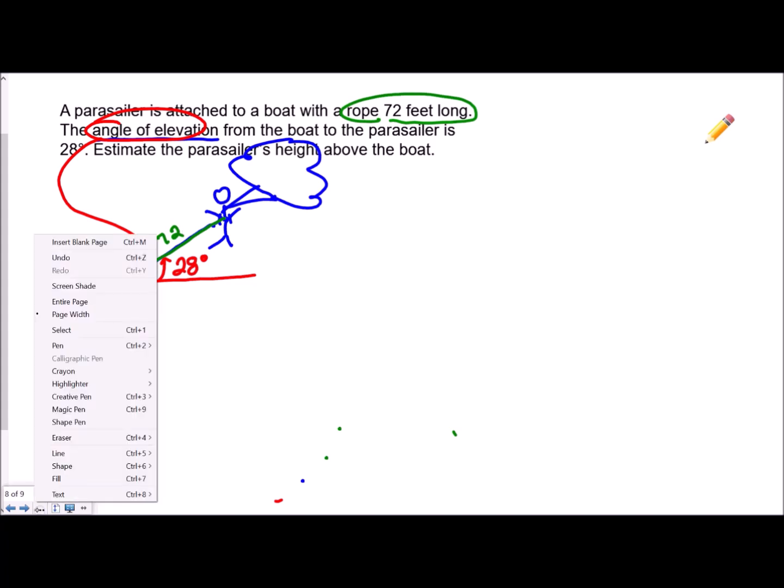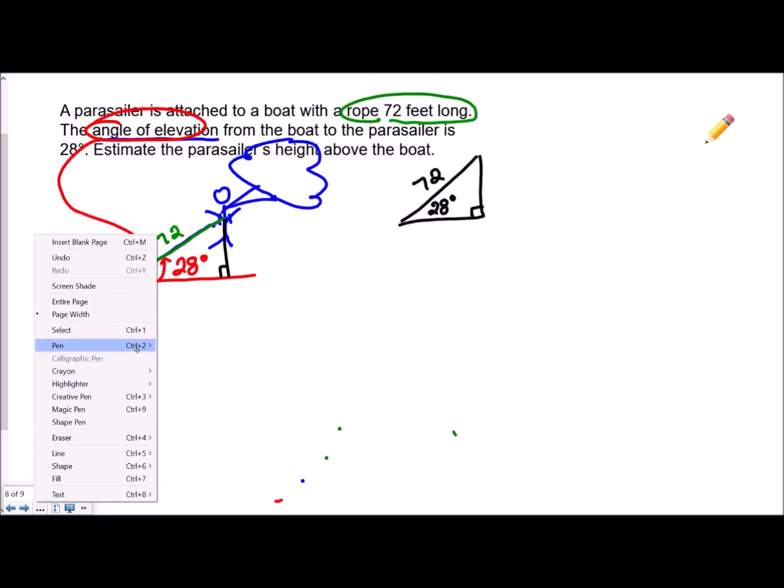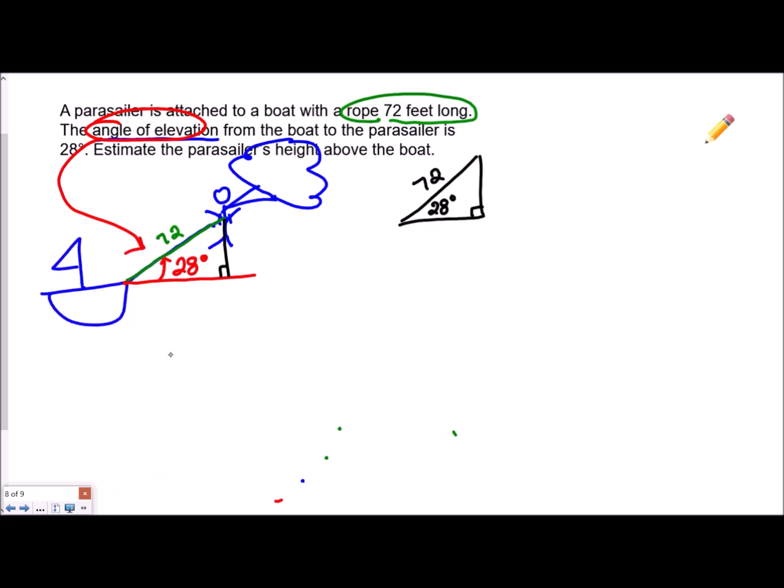Now, how is that useful given what we were just talking about? Well, if you draw a perpendicular line down from that guy at the end of the rope to that horizontal line, we have formed a right triangle. Right, perpendicular means right triangle. Inside here is 28 degrees. This is 72. And then the last part is, what are they asking for? It says estimate the parasailer's height above the boat. That would be this guy,